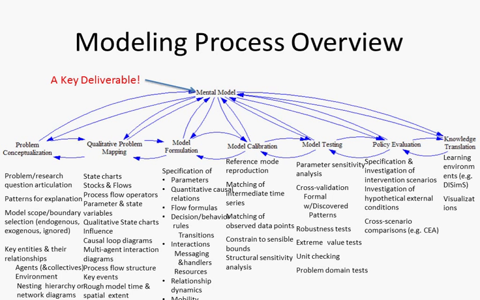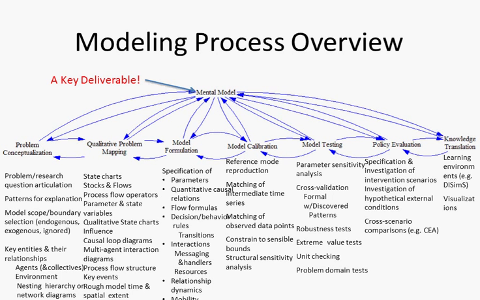You'll also be engaged in a model testing process that we alluded to this morning as well, with cross-validation: testing the model against data we didn't tell it about when we built it, data that's held in reserve, to see to what degree it reproduces those patterns that weren't presupposed in building it. We'll undertake sensitivity analysis, but also robustness tests in the form of extreme value checking and unit checking. It's a variety of types of checking we can do on the model to develop confidence that it's actually capturing features of the situation, that we built the right model in addition to building the model right.